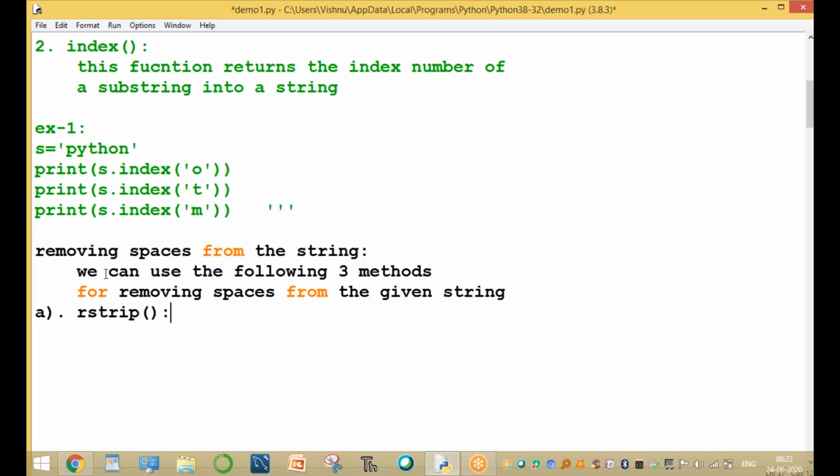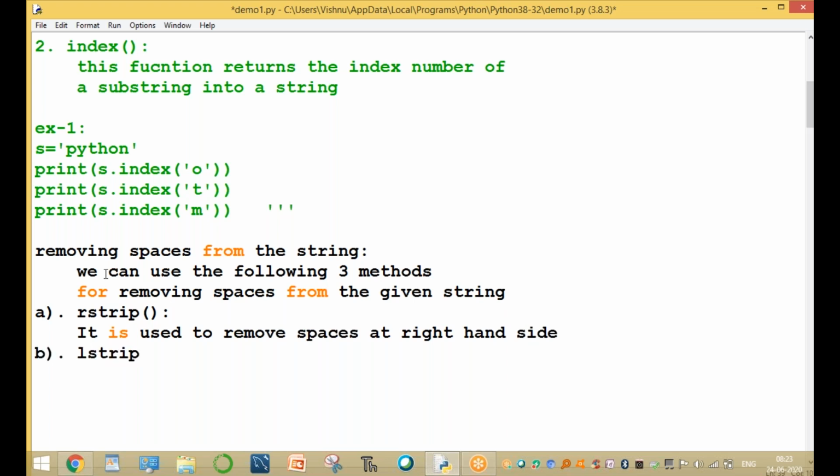This function is used to remove the spaces only at the right-hand side of this string. The second one is lstrip, left strip. It is used to remove the spaces at the left-hand side.